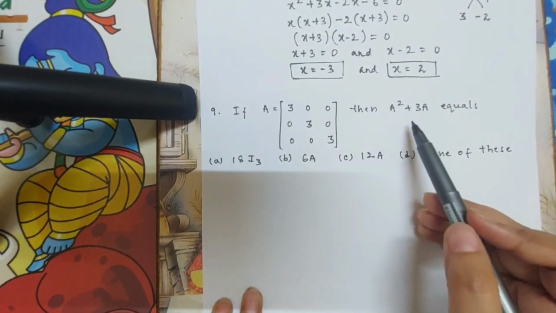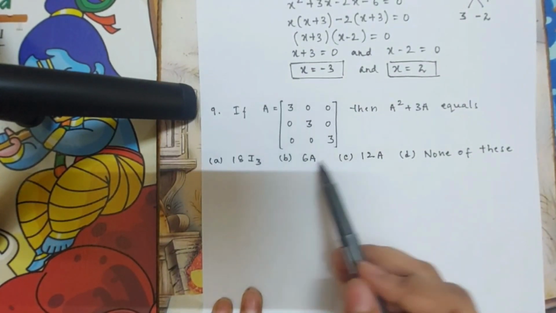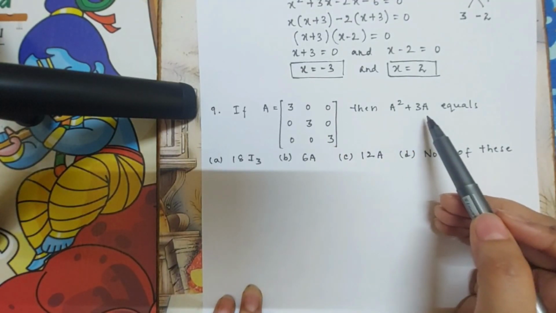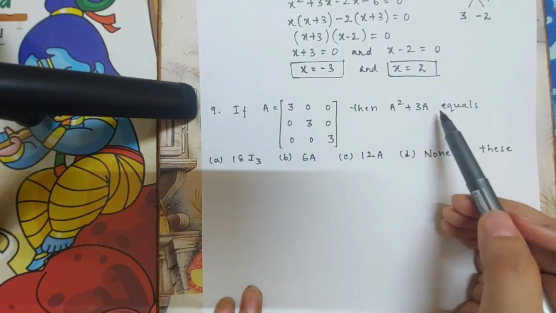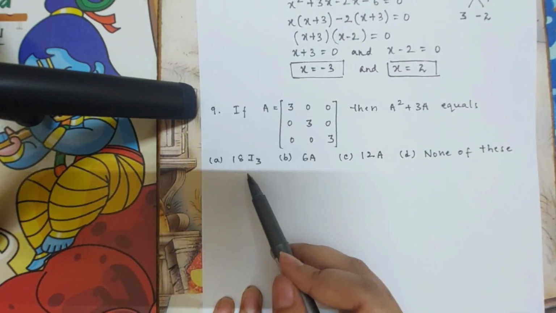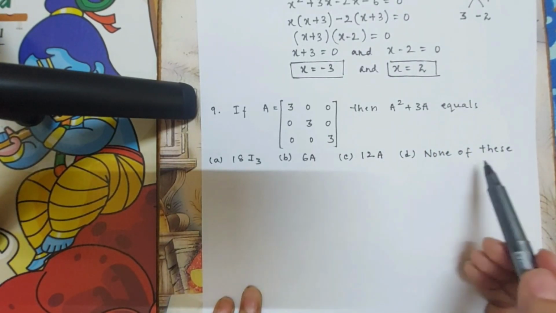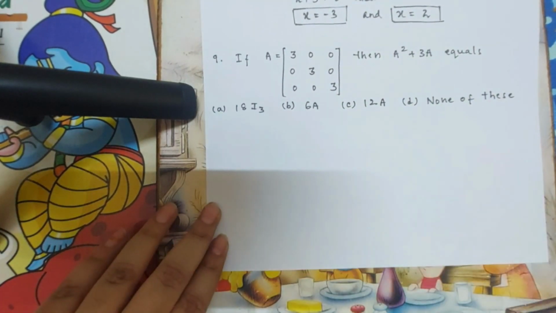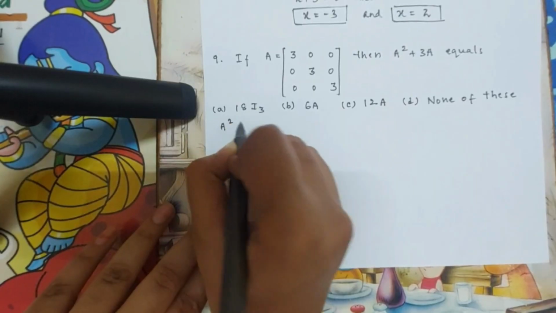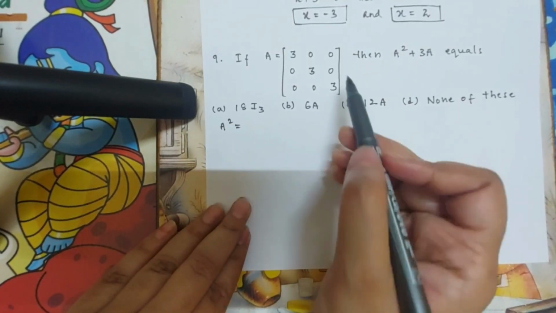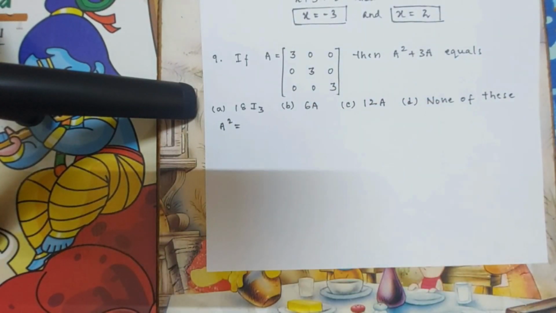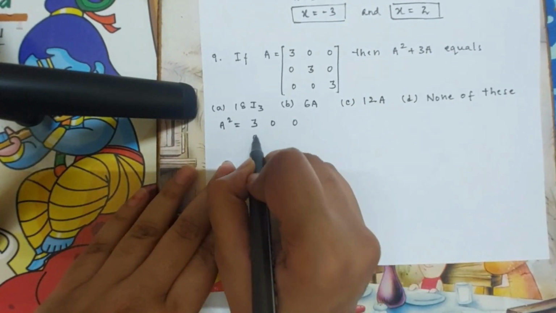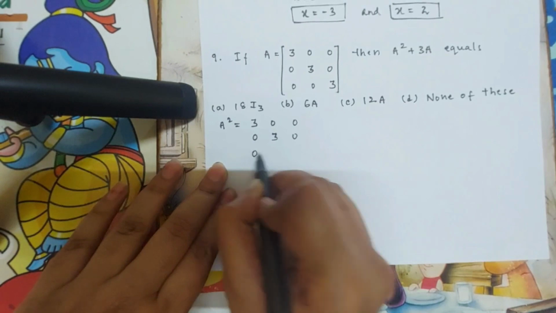So what is given in the question is, matrix A is given. First we are supposed to find the value of A squared plus 3A, and we should decide whether A squared plus 3A is equal to one of the options. So first let us find the value of A squared. We will get the value of A squared by multiplying A with A. So this will be equal to [3, 0, 0; 0, 3, 0; 0, 0, 3]